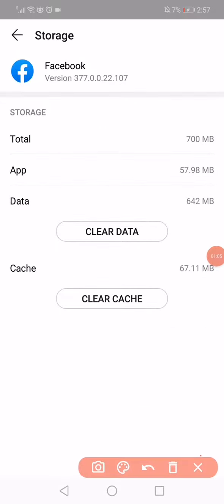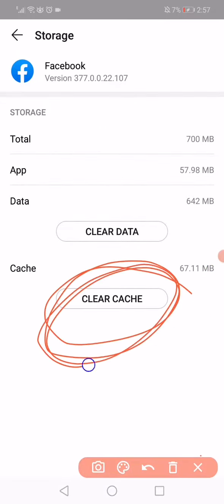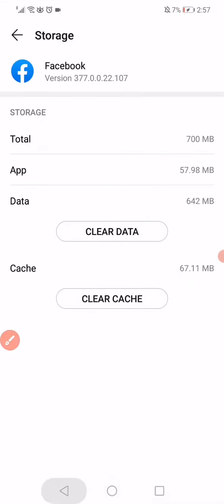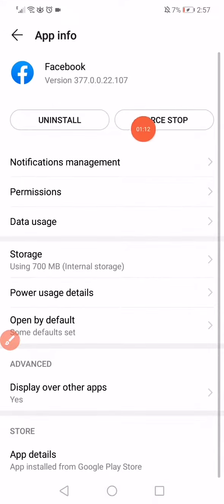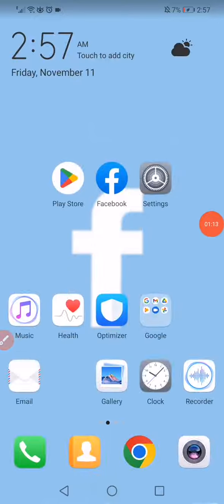and click here on this clear cache, and now make sure to click on force stop, and congratulations,